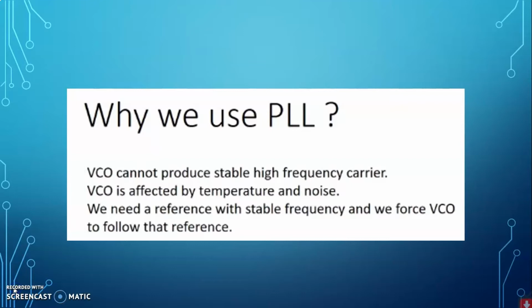The conventional oscillator generates a low frequency signal, but its frequency is constant. But the voltage controlled oscillator generates a high frequency signal in the range of several gigahertz. But the voltage controlled oscillator output frequency is not constant. It varies due to temperature and noise. By using the phase lock loop to control the voltage controlled oscillator, we produce a stable high frequency signal. This high frequency signal is used as the carrier signal for communicating radio frequency signals.